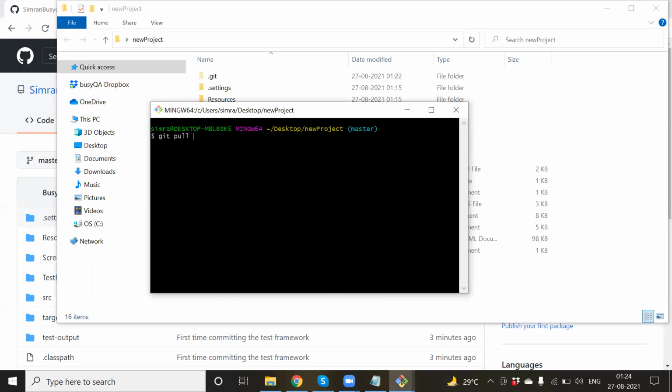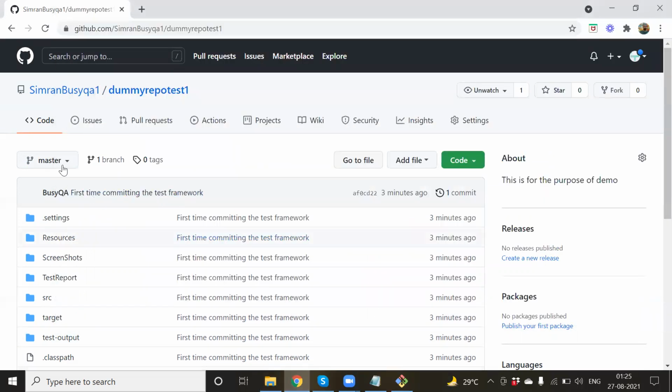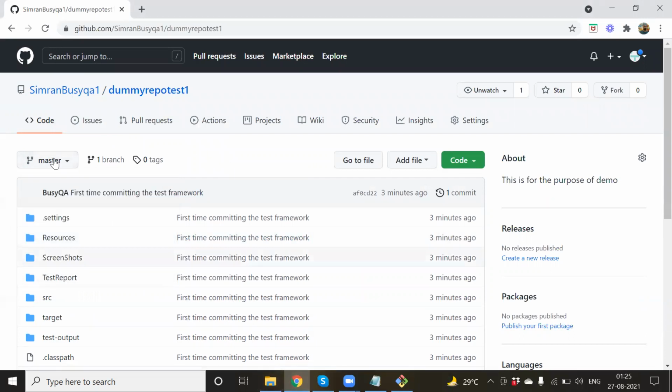If two or three people are working in a team, then that will make it very easy to work on this. Git pull and git update will match the master with the local branch, the local project that you have right now, and it will update whatever changes somebody else has made in the master branch. Those changes will also come into the picture. It is very important that before starting new work, your local code is updated with the current master branch. It doesn't matter if, while your work is in progress, somebody changes the master branch. That is fine, that is a different thing.